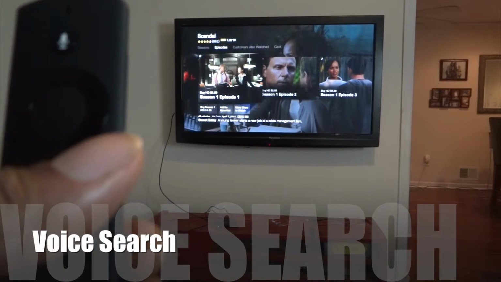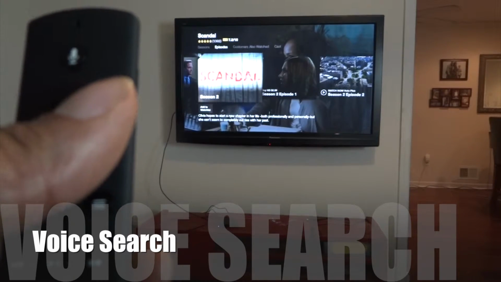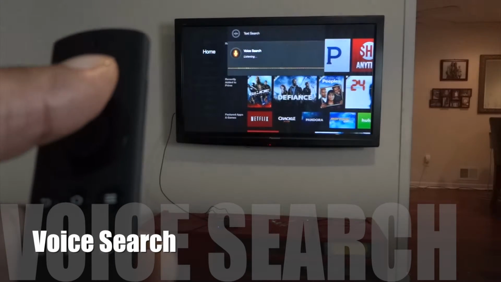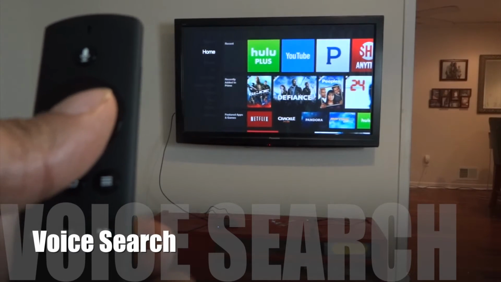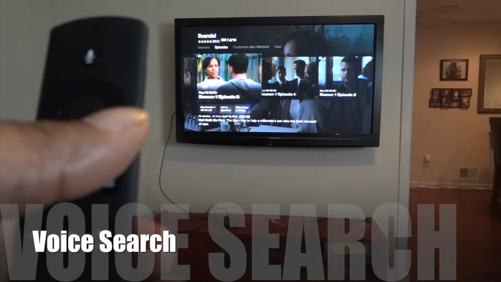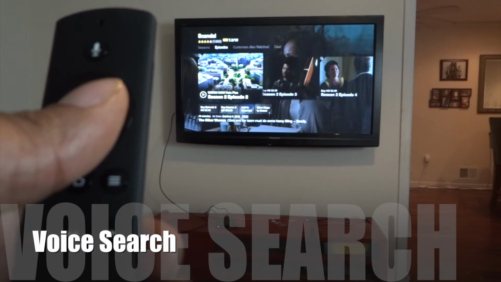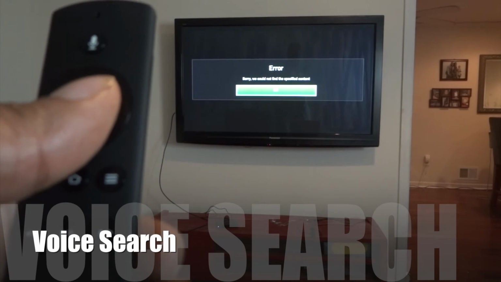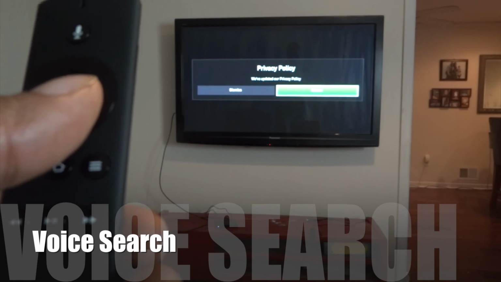Let's move on to some of the things I think Amazon can really work on. And one of the first things I would say is they could pretty much put in the voice search history. So when you push the voice search, it'll give you a list of different items that you've searched for in the past. Also, I think it might be useful if it had a feature where you could hold down the voice search button and release it once you're done speaking your voice search. Also, I did notice that there was a bit of an issue with background noise. So if you're going to use the voice search, make sure the environment's not too loud. Lastly,